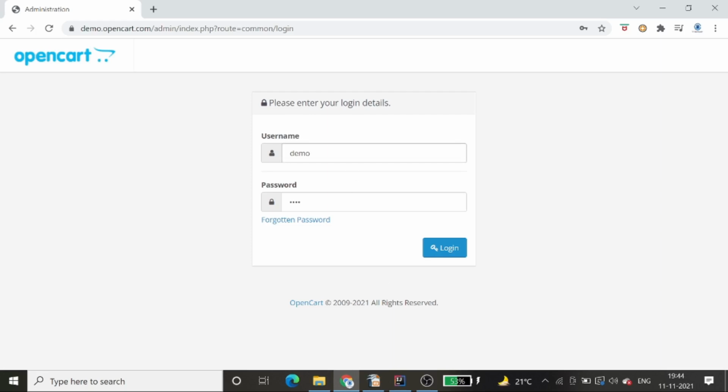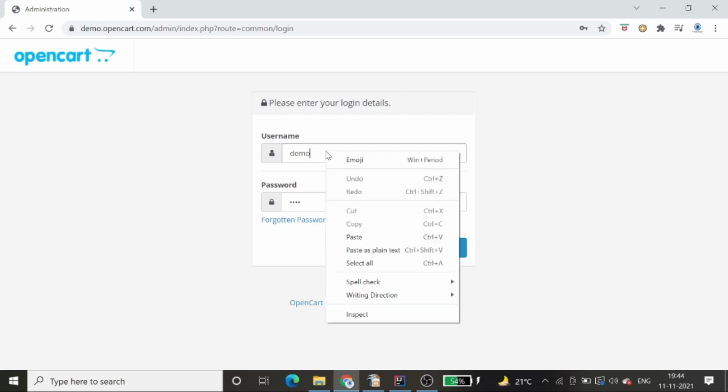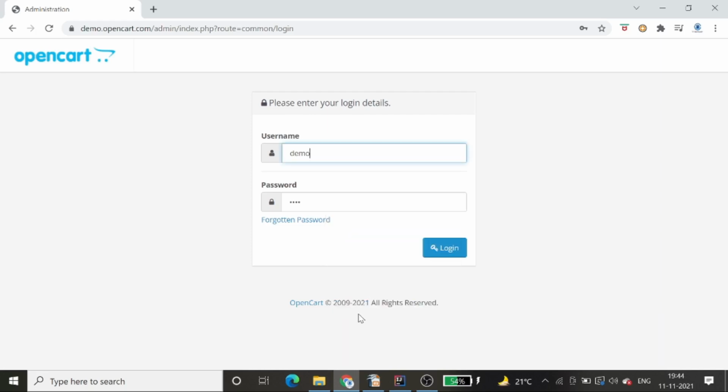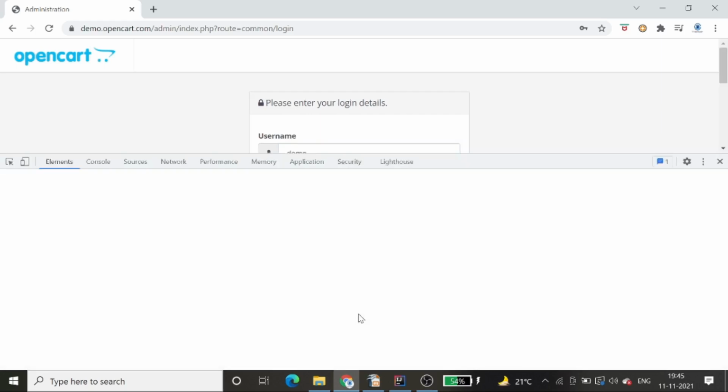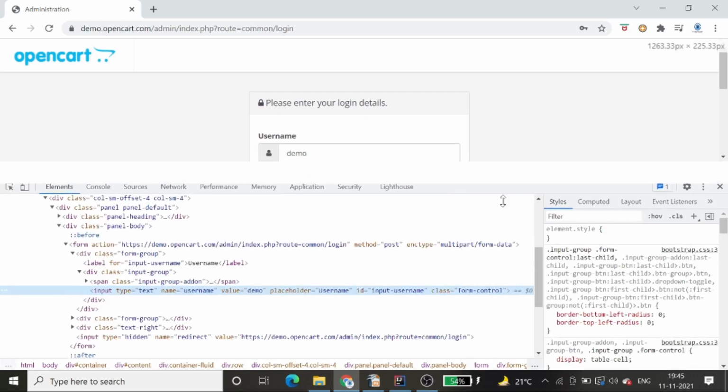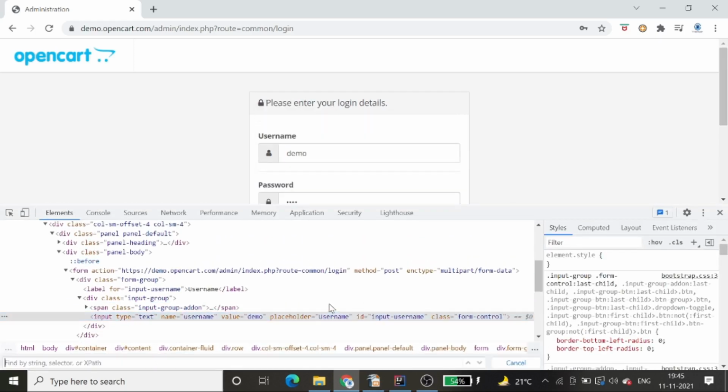So let's suppose we want to use this login page. I have created the LoginPage class in Java. Now I will find the locators: first of all I want the username, the password, and the login button. So first I will create the locator for this. Let's suppose I will inspect this element,